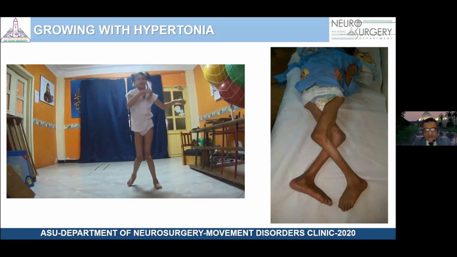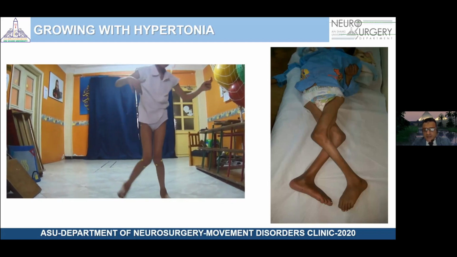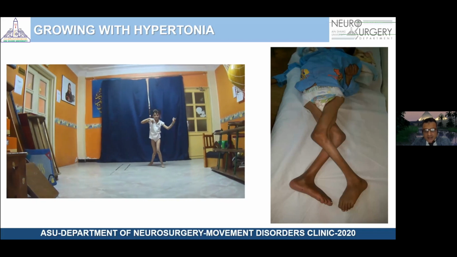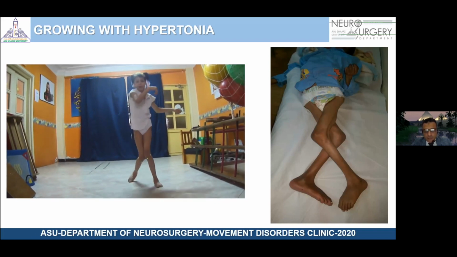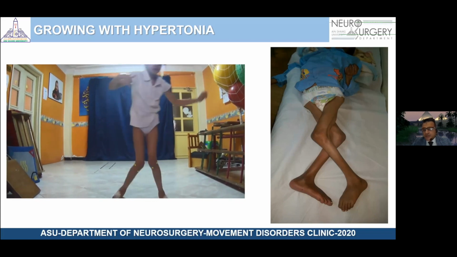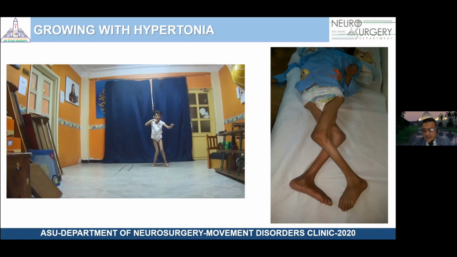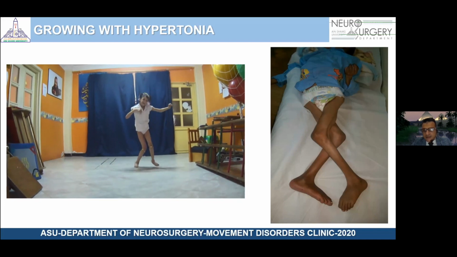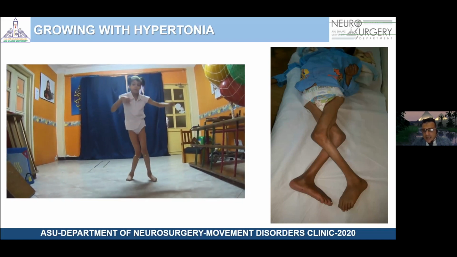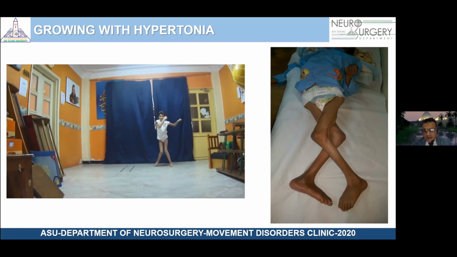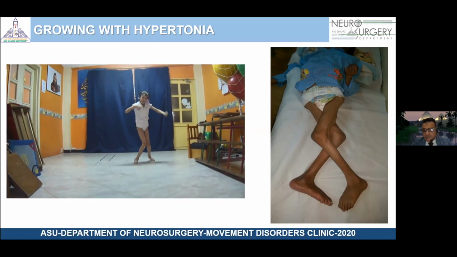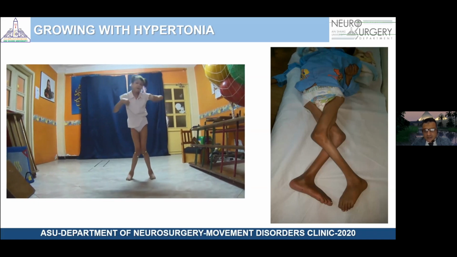On the left side, the girl grows with miserable malalignment and many rotational deformities in the lower limbs. In the picture on the right side, a boy with severe disability affecting the whole body, and the impact of hypertonia resulted in this severe form of joint and muscle shortening and deformity,